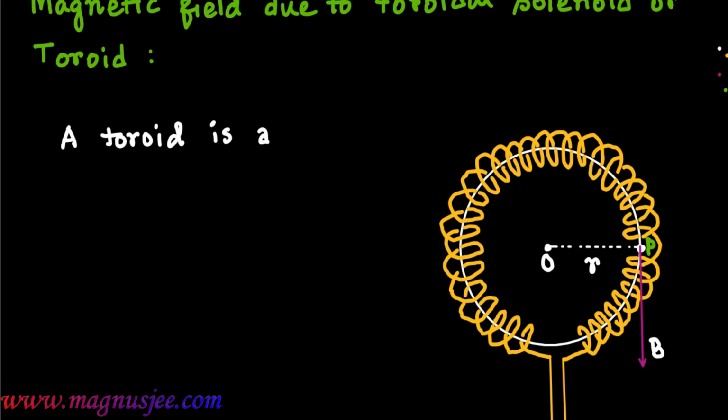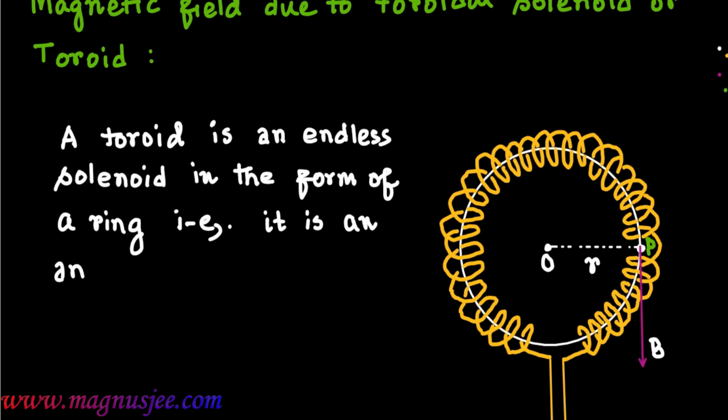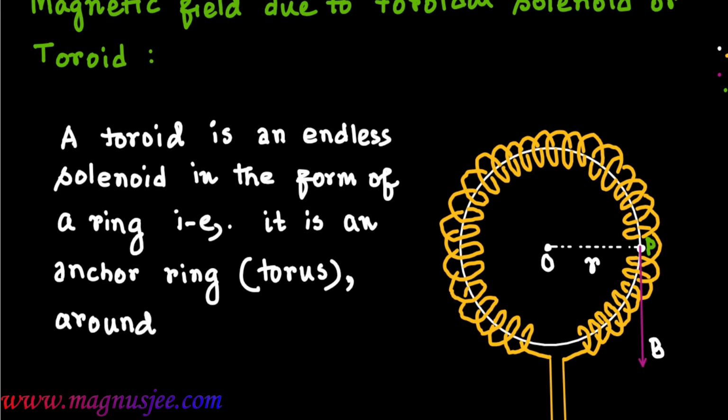A toroid is an endless solenoid in the form of a ring. That is, it is an anchor ring or torus. That white color ring is the anchor ring or torus, around